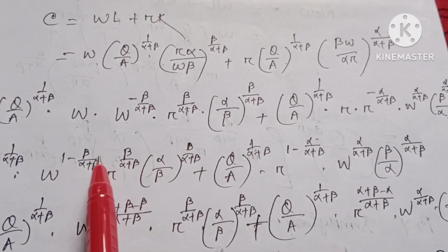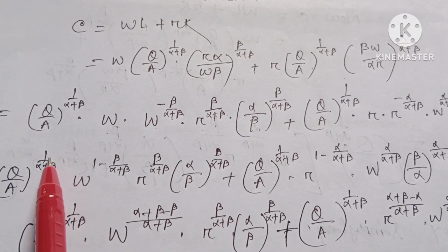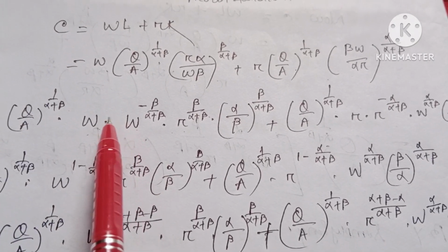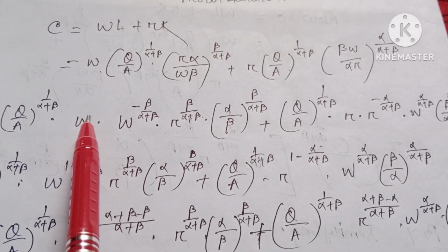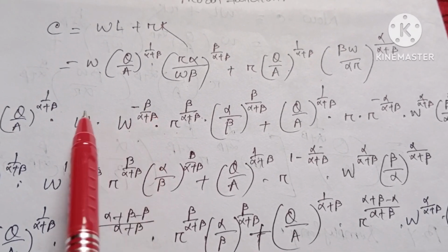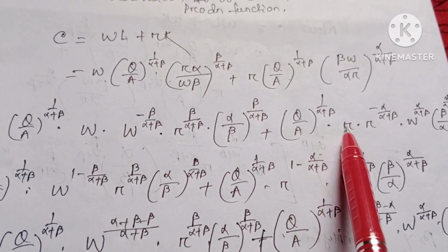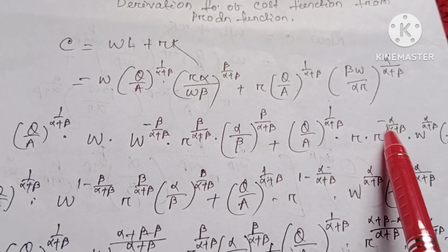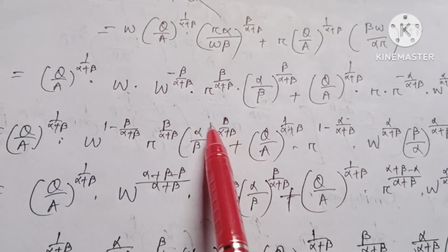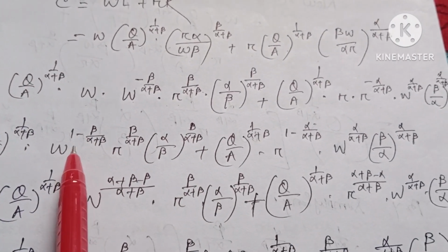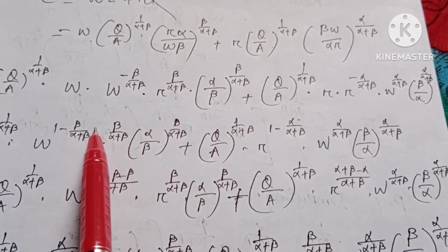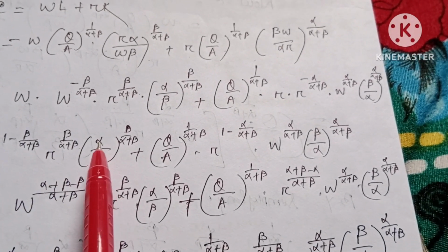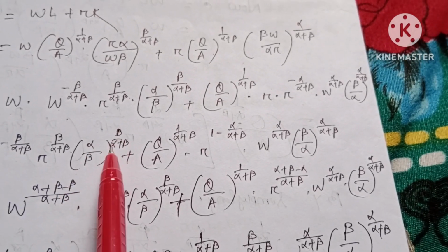Again solving this, we will get (q/a)^(1/(α+β)) into (w/c). This is in the multiplication form, so we just add the exponents of w, and here we just add the exponent value of r. So by solving this, we'll get w to the power 1 minus β by α+β, r to the power β by α+β, and here into (α/β) whole raised to β by α+β